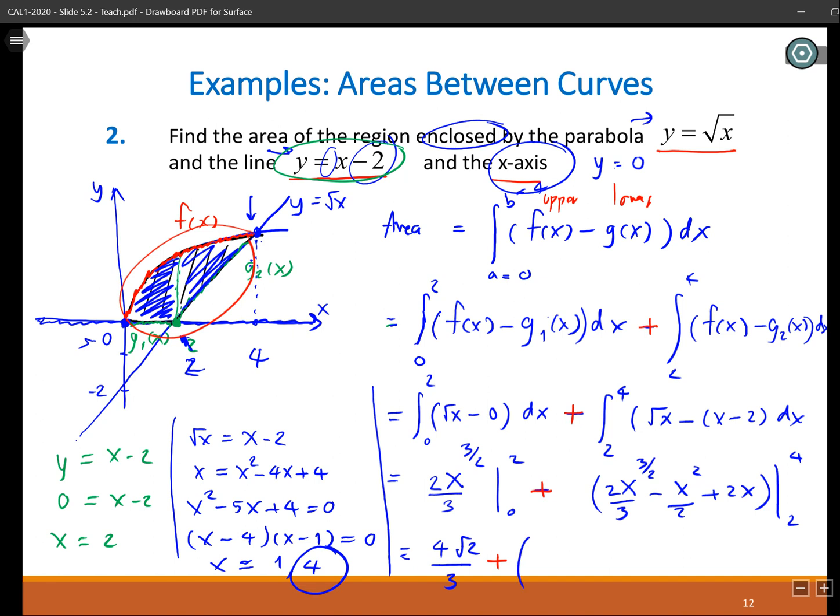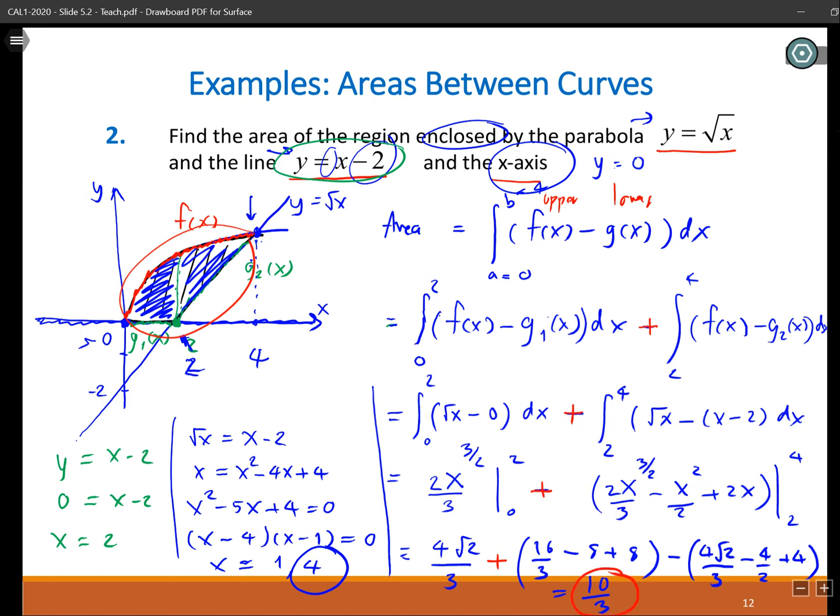Alright, now 4 goes in, so we have this 16 over 3. And we have minus 8, 4 goes in, becomes 8 right here. And minus 2 goes in, we have 4 square root of 2 over 3 minus 4 over 2 and plus 4. Alright, and after you combine them all, it's going to come out to be equal to 10 over 3